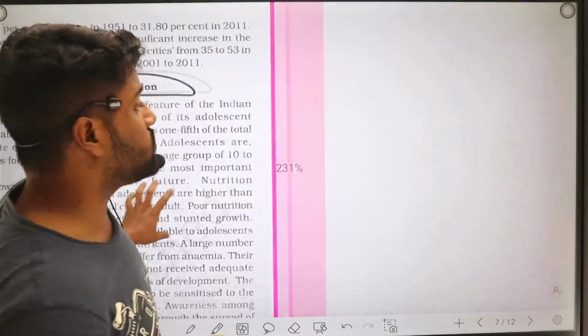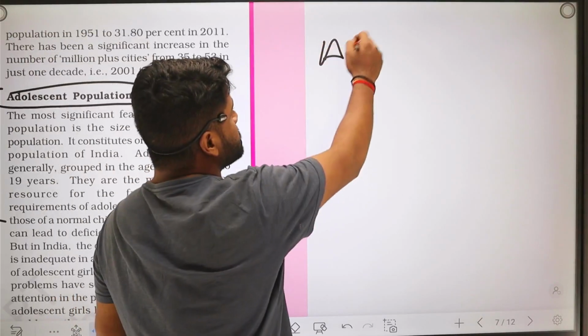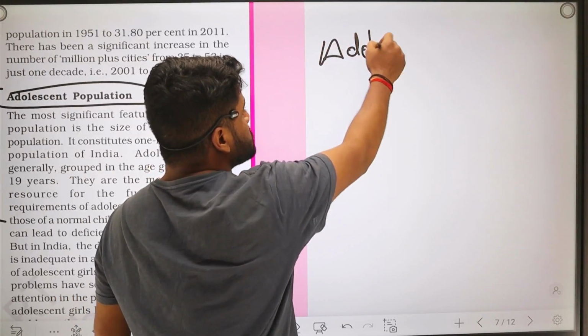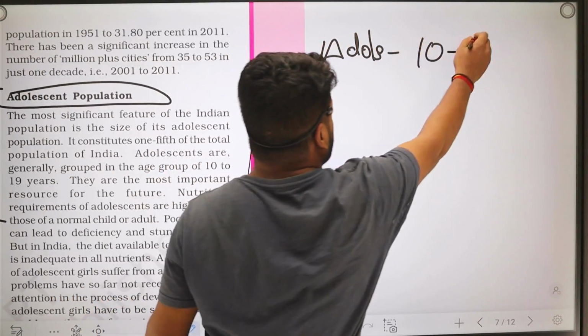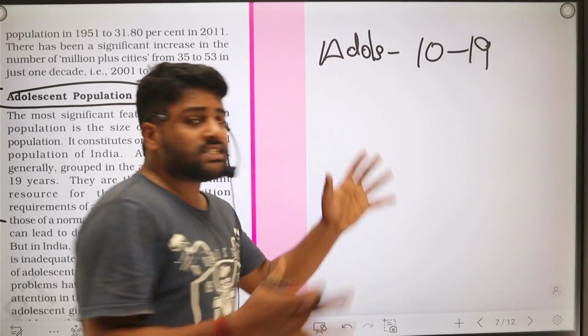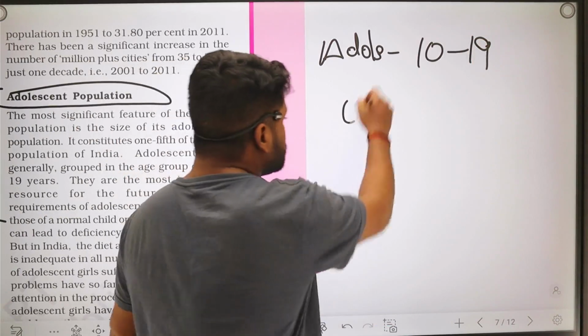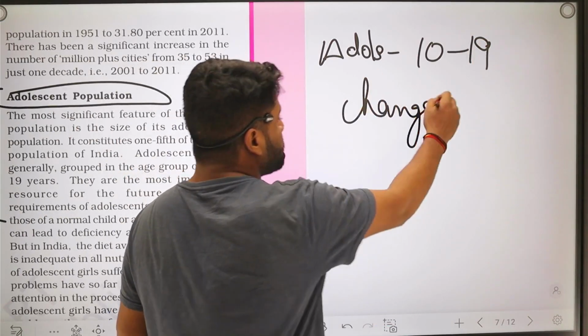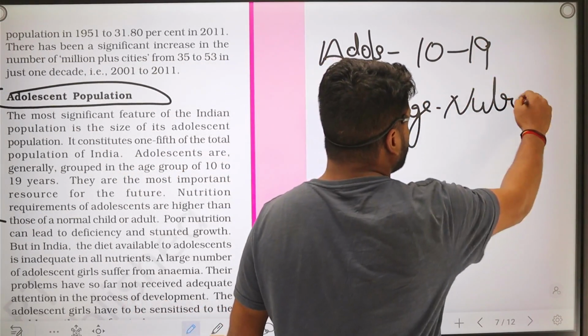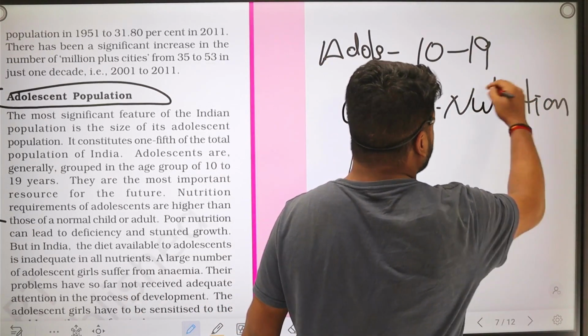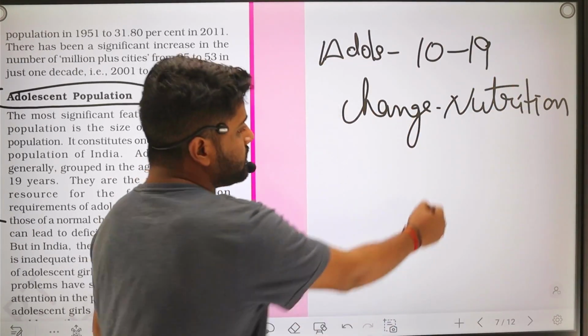Why is it the adolescent age? First of all, we need to understand what adolescent age is. Adolescent age means the age between 10 to 19 years. This is the time when the human body starts changing, and with the change,